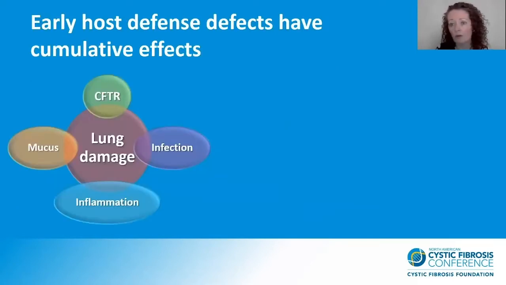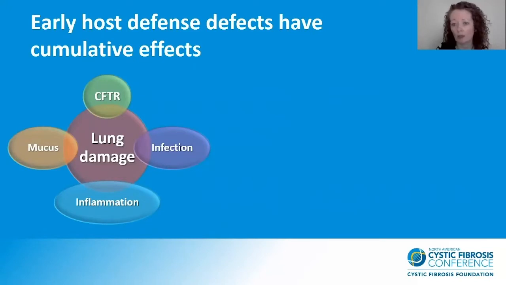So CFTR, mucus, infection, and inflammation are clearly interconnected in the pathogenesis of CF. Now, the exact relationship between each of these components is not clear, but each one is an important therapeutic consideration. Although the rate of functional decline or the severity of disease are variable, the development of lung disease is highly